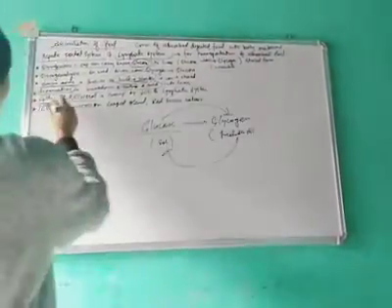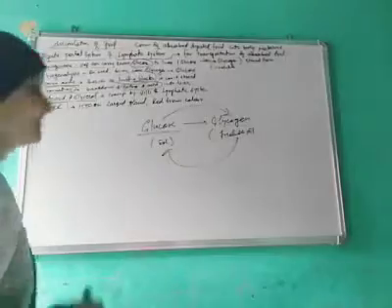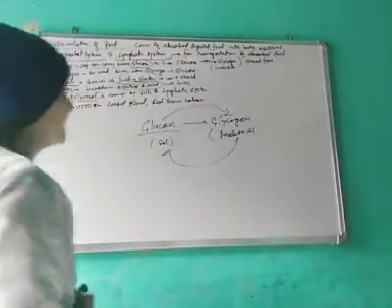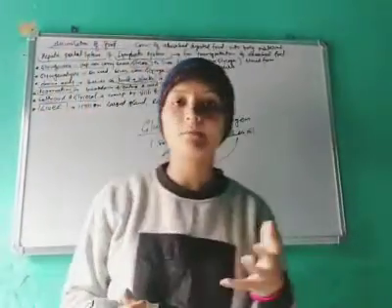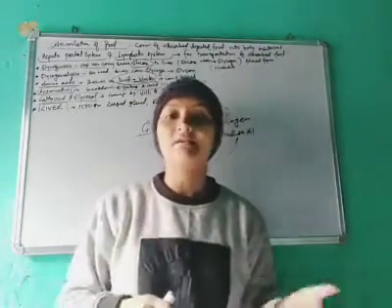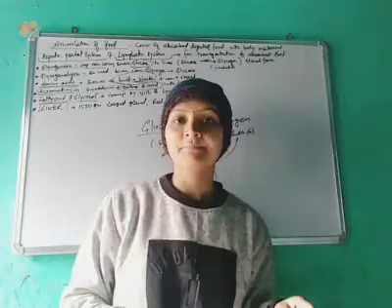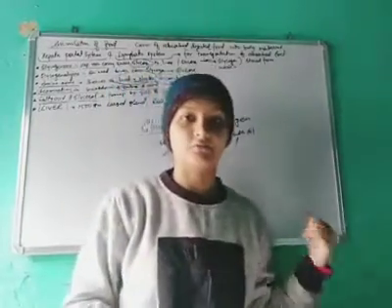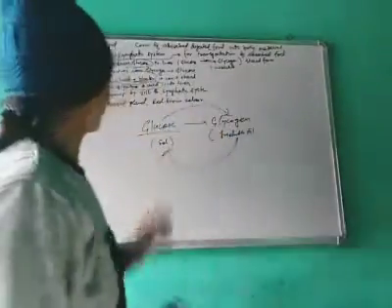After that, there is assimilation of fatty acids and glycerol, that means fat. They are absorbed and transported by the villi, which are present in the small intestine, and by the lymphatic system as well. So it will be transported through these.